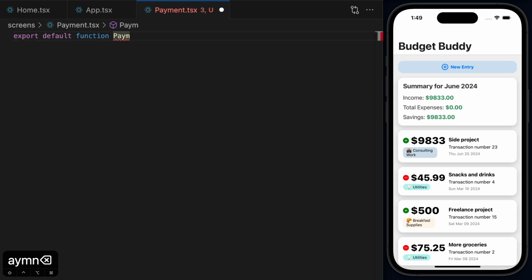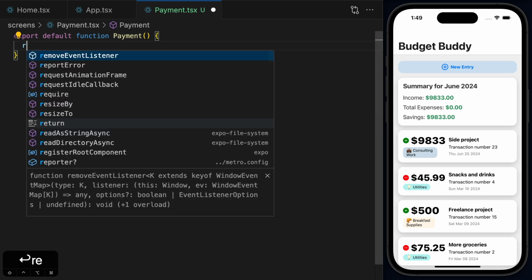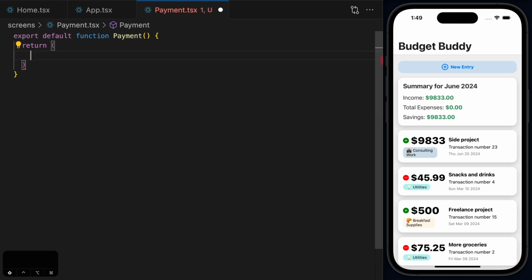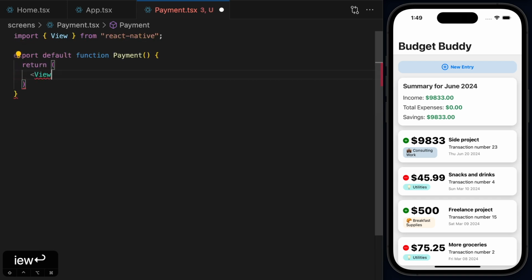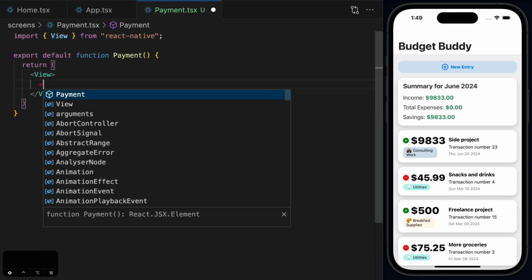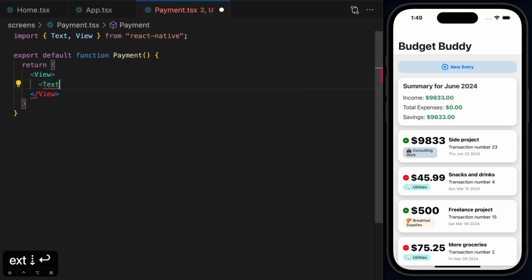And this screen is going to be called payment. Now notice, guys, that this is a screen. This is not a simple view. Well, it will be a view, but it will be handled by React Navigation. So I just say return. And for now, I'll just create a simple view. And inside this view, I will create a text that will say something like, hello,